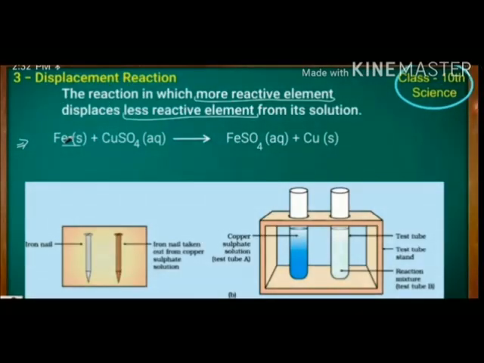Now the third type of reaction, displacement. The name indicates one element displaces another element. Like you can see Fe, iron, with copper sulfate, and we get FeSO4 and copper is displaced out. From the copper sulfate, copper is displaced out and iron is added to it. Like in the two test tubes we have taken, in the copper sulfate test tube we put an iron nail into it. It became brown in color. You can see in the picture also one element displacing another element, and FeSO4 is formed with the iron nail, therefore it turned brown.